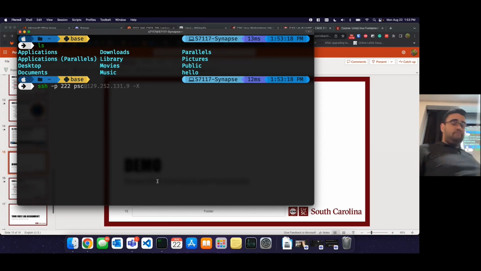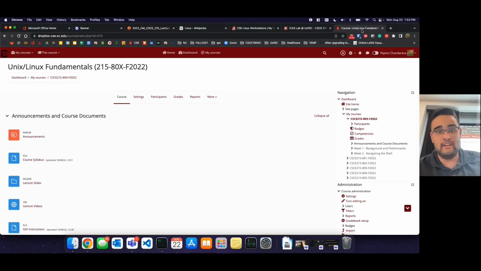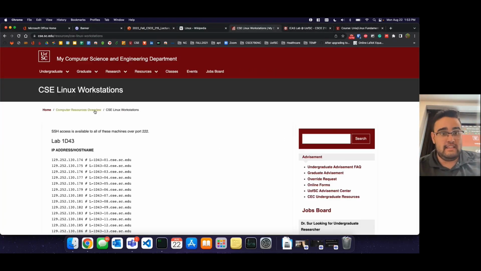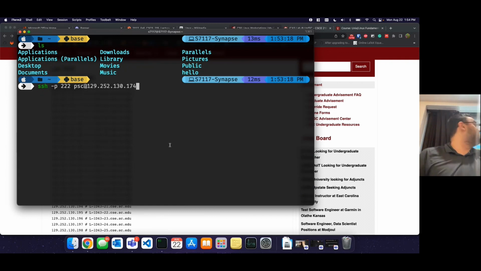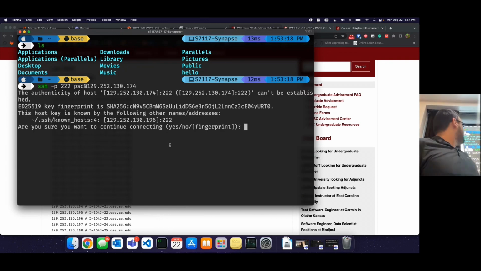You have your username, then an @ sign. And then if we go back to our handy dandy page, we just copy one of these IP addresses, the 129 ending in 174. We go back to our terminal, paste it in, press enter, and it shows you a message saying something about